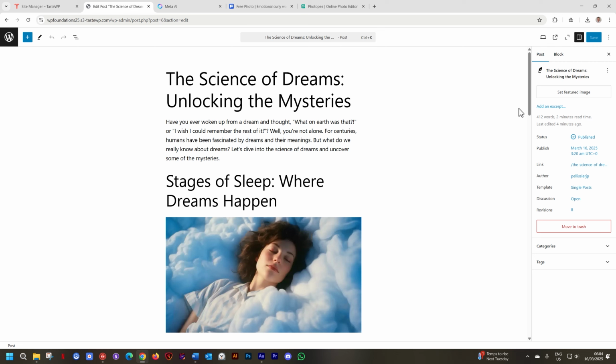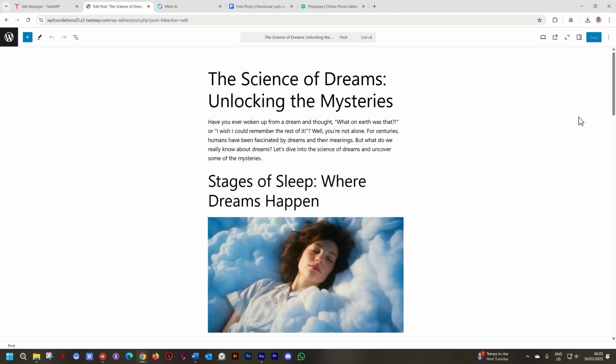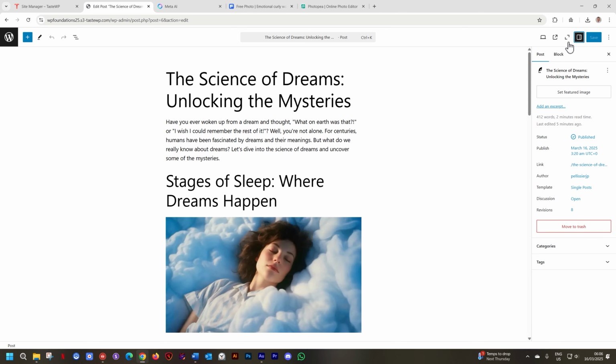If for some reason you got trigger happy and you closed this panel by mistake by clicking on this X and your page looks like this, go to the top and just in front of save or publish, go to this little setting where it says settings and not inspector, amazingly, and click on that and it will open the settings. Now that I see it says settings, I'm going to refer to it as settings. So just note, some people may call it the inspector.